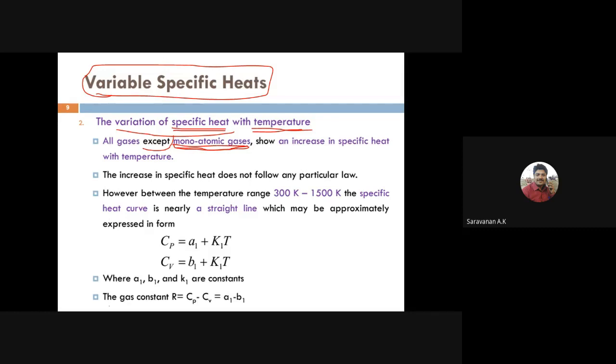Inside the cylinder we can get temperatures above 1600 Kelvin, but the specific heat variation is linear within a temperature range. Between 300 Kelvin and 1500 Kelvin the specific heat curve will be a straight line. It may be expressed